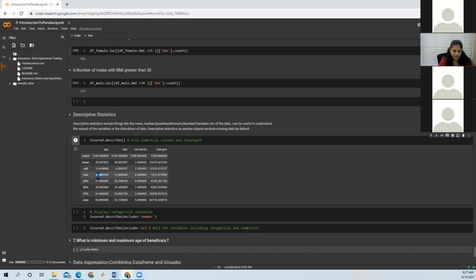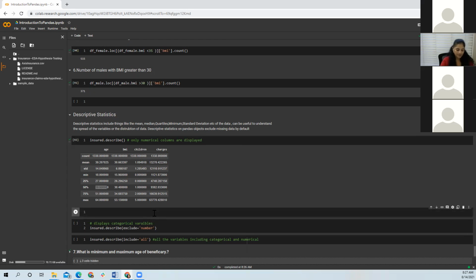Similarly, you can see the minimum value. The beneficiary has minimum age as 18 and maximum as 64. This is the median. I hope you know about mean and median. If you don't know, I'll just brief you about what they mean.